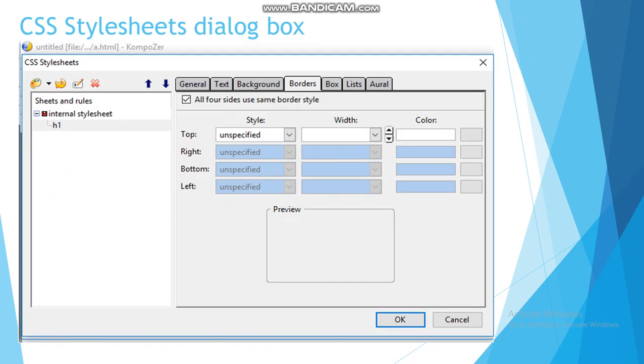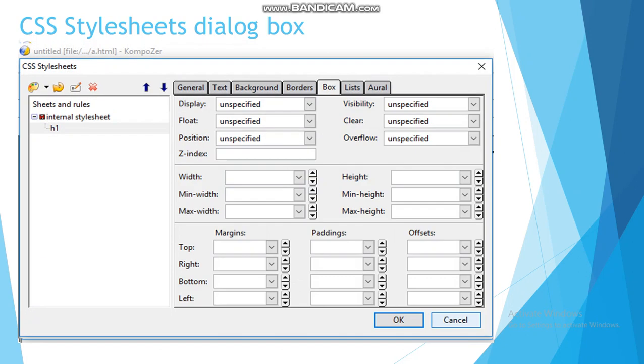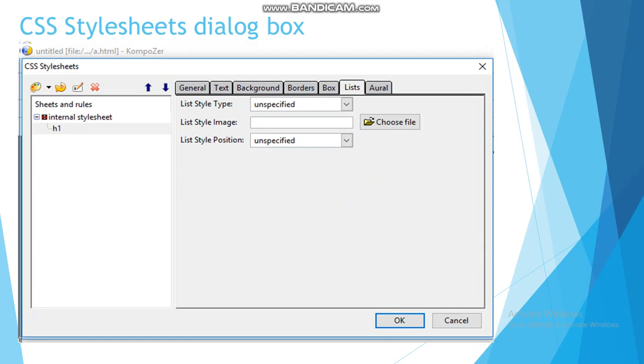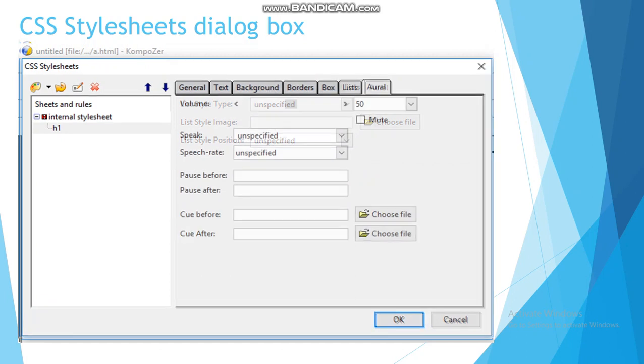Same way, for Borders it will display options like this. For Box also various options are given. Next is the Lists option, you can see, and at last the Aural option is given. So you can apply whatever format you want, and you can select any selector and then you can work on it.